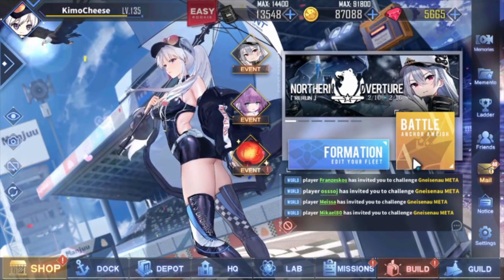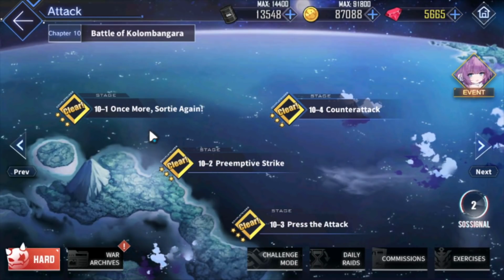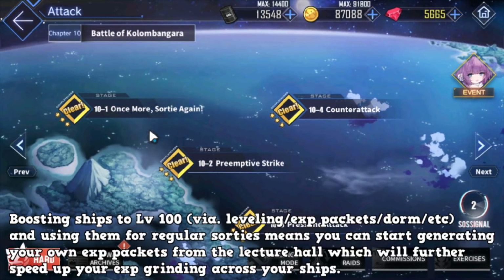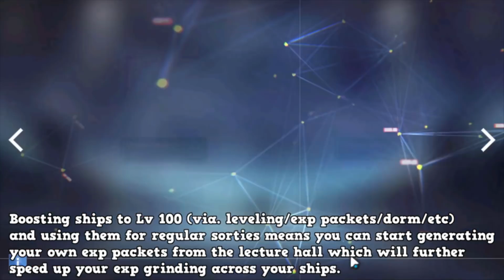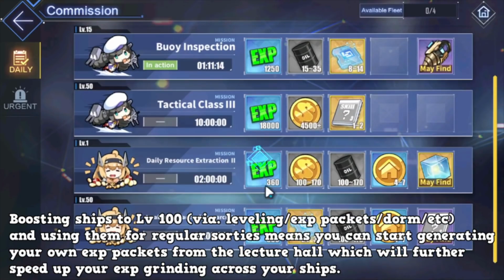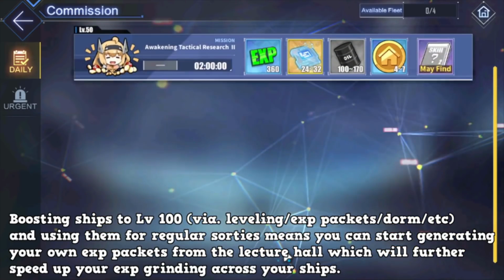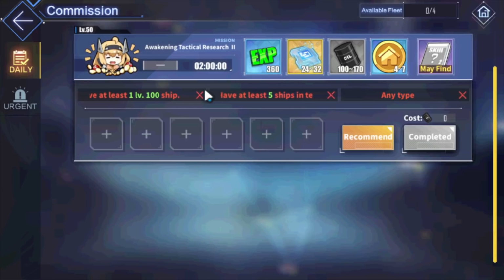Alright, so first things first, I want to highly recommend that a lot of people super boost 1 or 2 ships up to 100. This is also bad because it makes it so you can't get cog chip dailies. Cog chip dailies can only be done with level 100 ships. So if you have level 100 ships, you may struggle with this. But